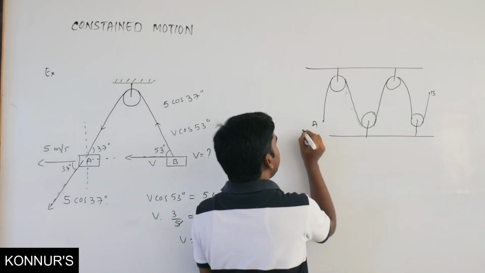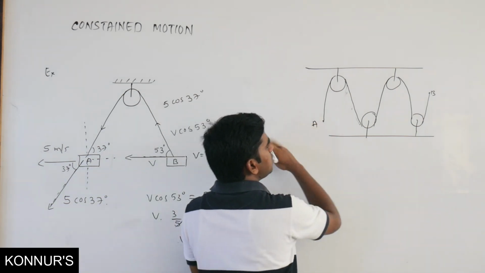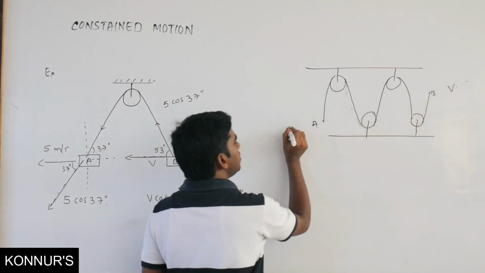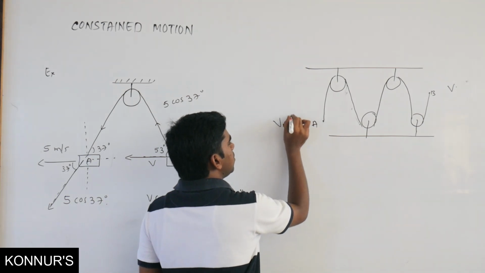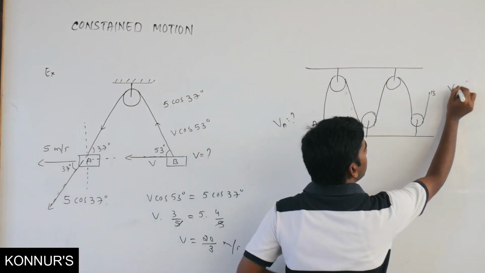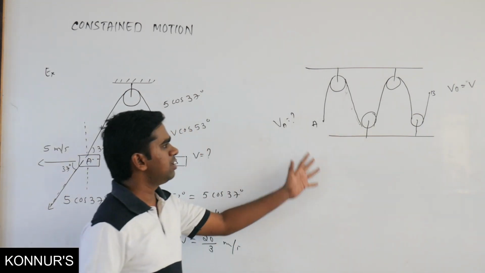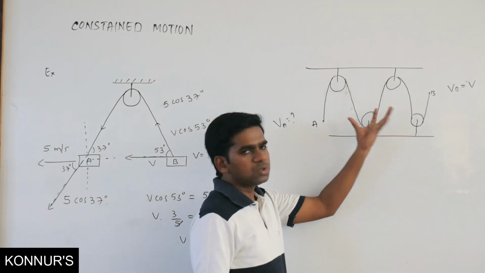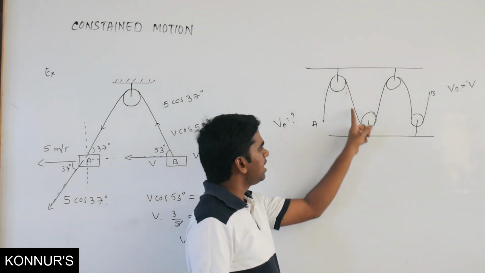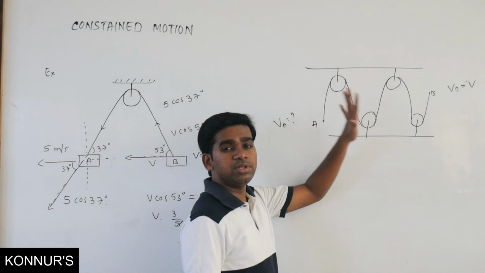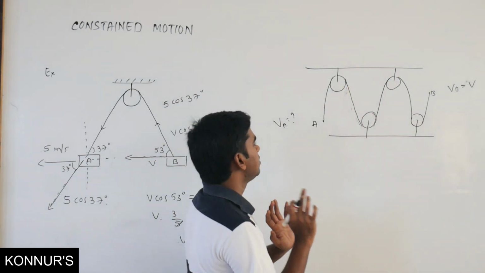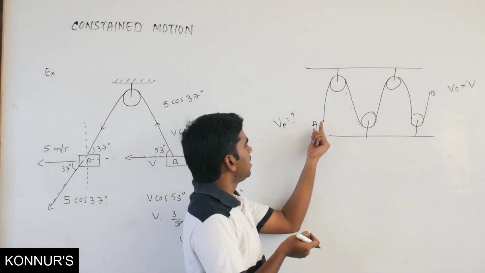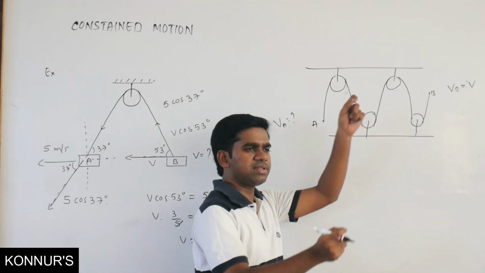If suppose velocity of B is V, what is the velocity of A? This is what, velocity of B is V. What is the velocity of A? Here we have to use just common sense. These pulleys are all connected so that they will not move. Only the same string is there. That means here the pulleys are not moving, only the string is moving. So in general, with common sense we can say velocity of A is equal to velocity of B, because only the string is moving.